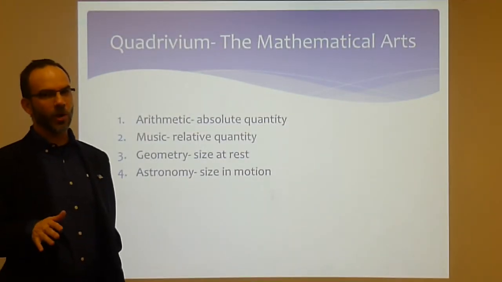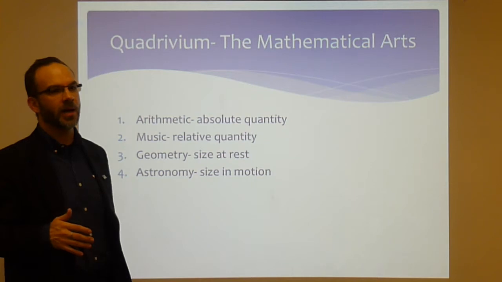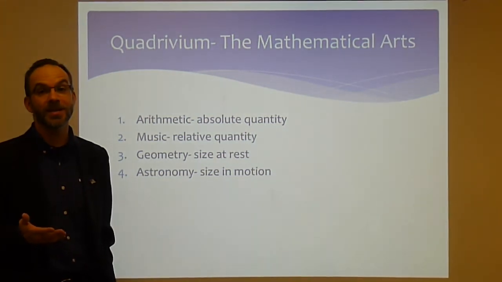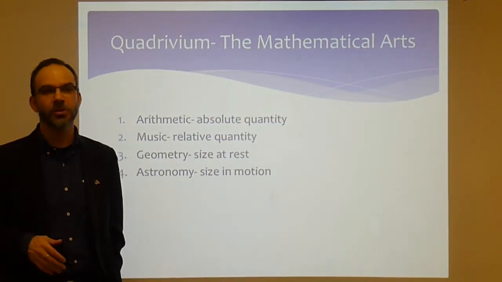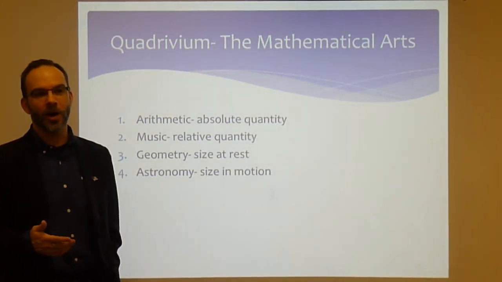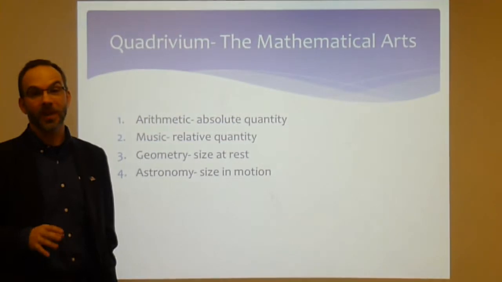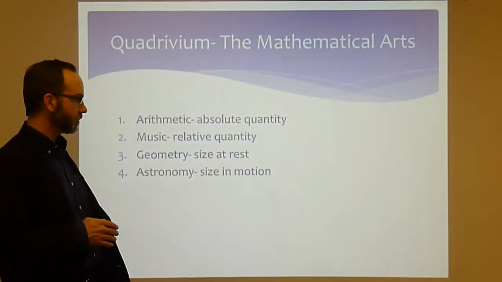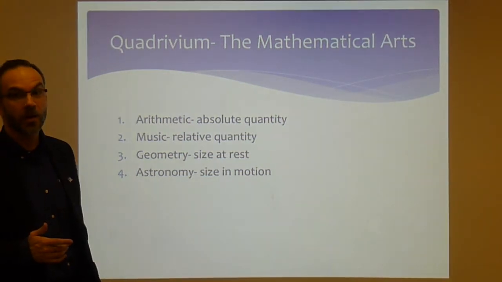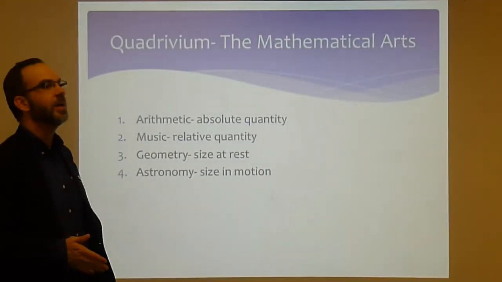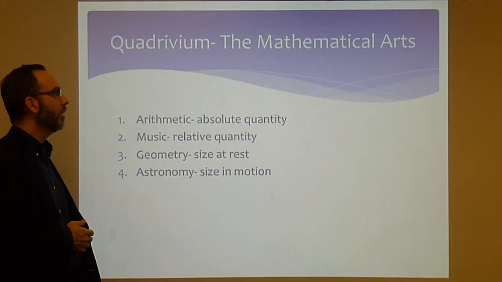I'm not sure which order you're watching the videos in, but the quadrivium is the four mathematical arts of the seven liberal arts. The first three are language based. They are grammar, logic, and rhetoric. But the last four are the mathematical arts. And in reading Introduction to Arithmetic by Nicomachus, who is an ancient mathematician, he gives these definitions for these